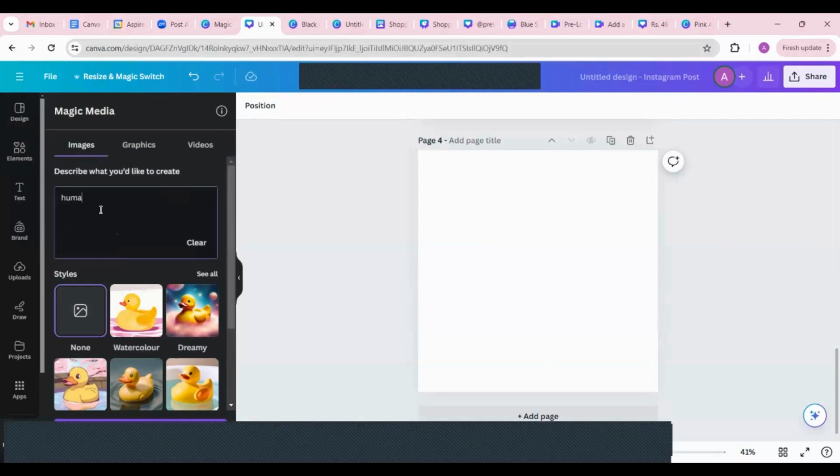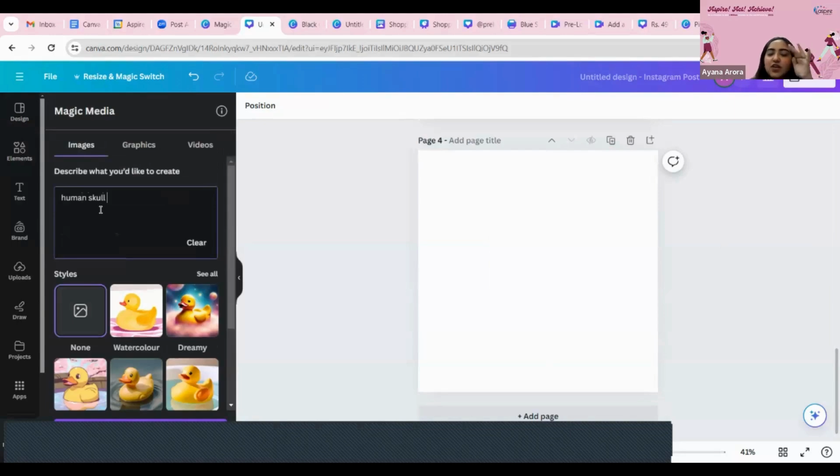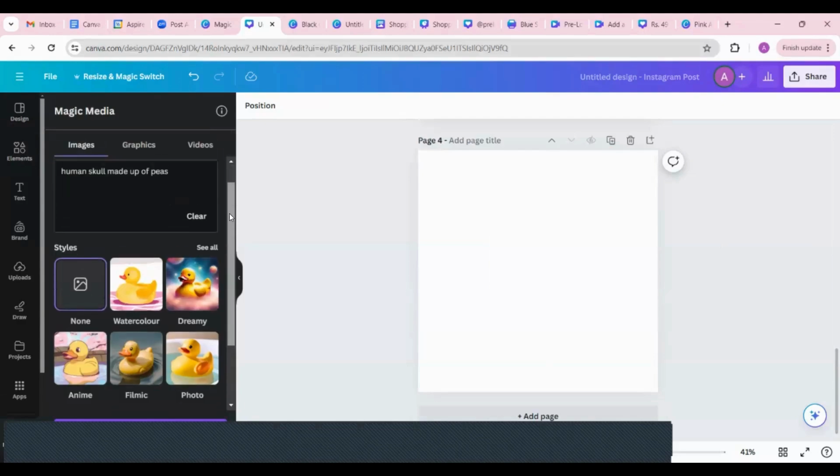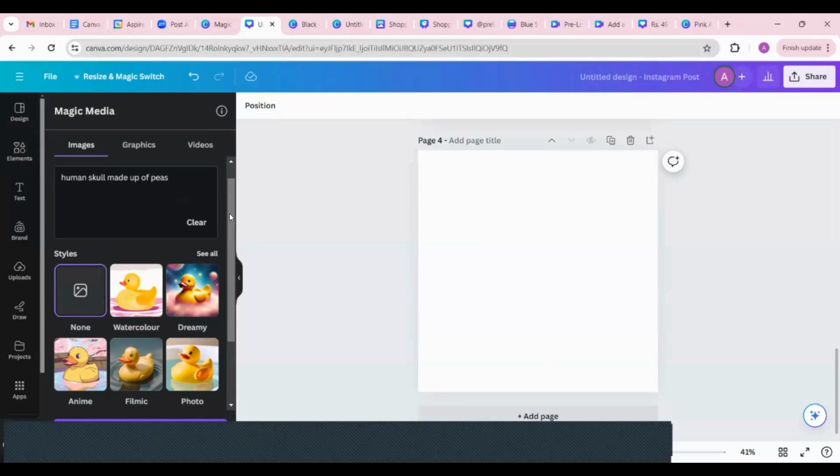Human skull? I didn't get it. Come again. Yeah, human skull. I mean, loaded with kind of greenery. I don't know how to put it. It should be filled with peace. Whenever we think about peace, we relate that to pleasant sceneries like greenery or whatever. Similar to that, I want something